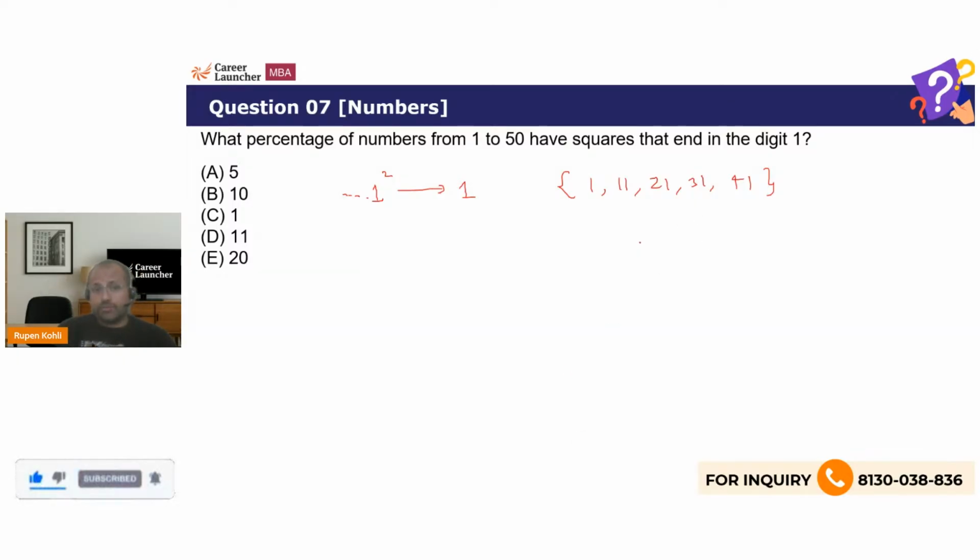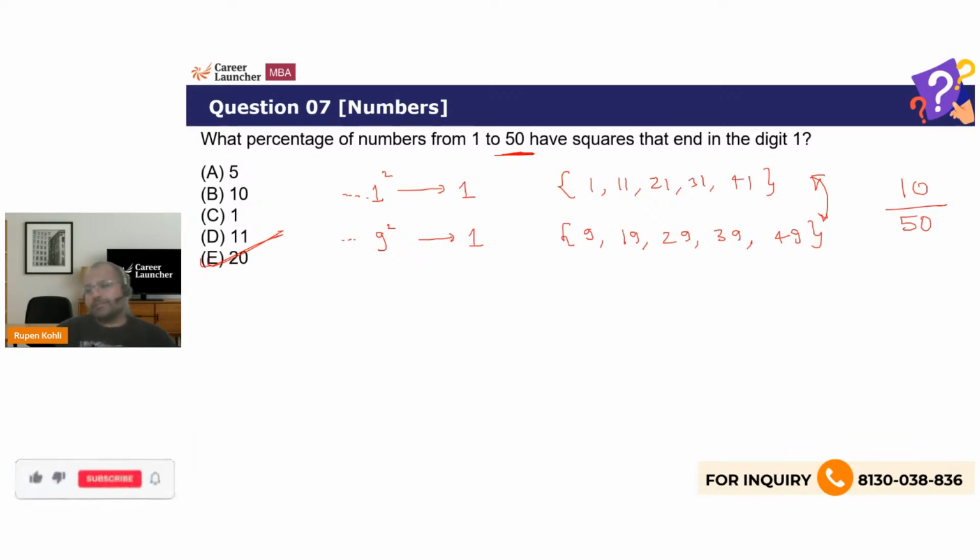9 is super useful. The perfect square of any number ending with 9 will also end in 1 because 9 square is 81 ending in 1. So I have one more set of numbers, 5 of them: 9, 19, 29, 39, and 49. So out of the 50 numbers, these total of 10 numbers are useful for me. So 10 out of 50, or 1/5, or 20% of the numbers are